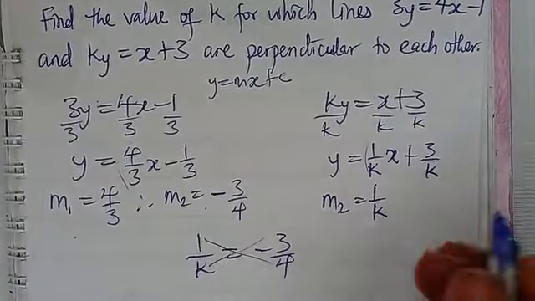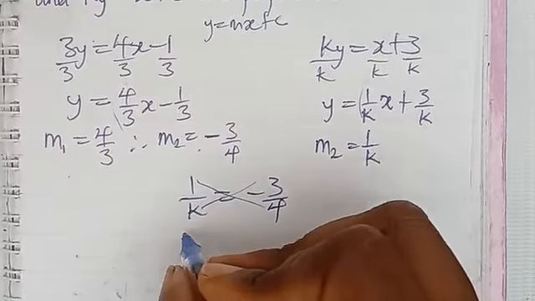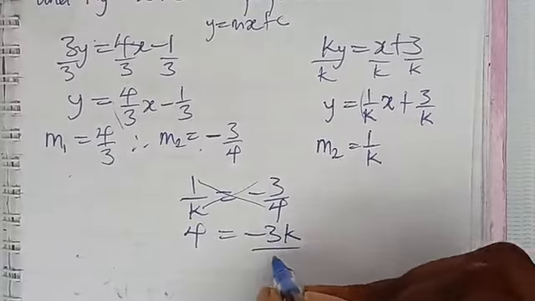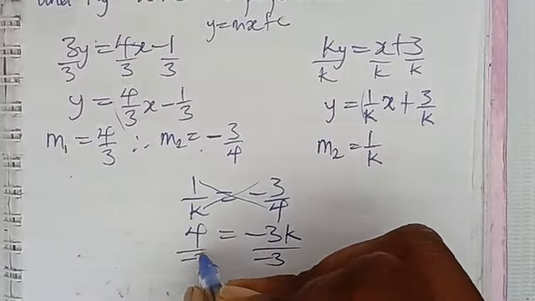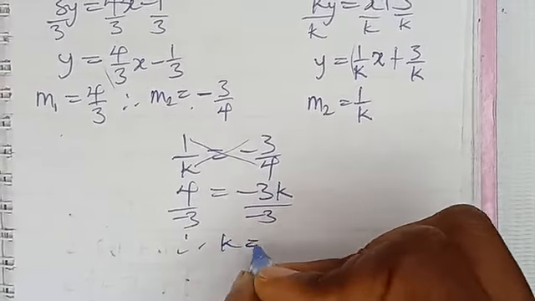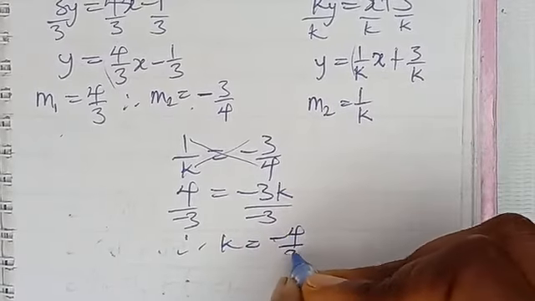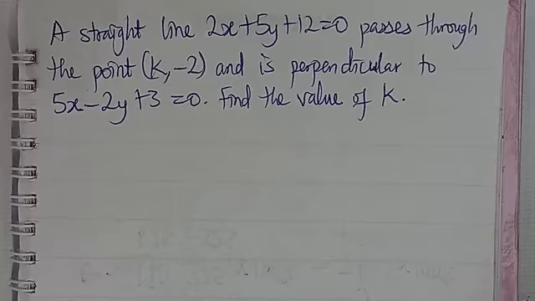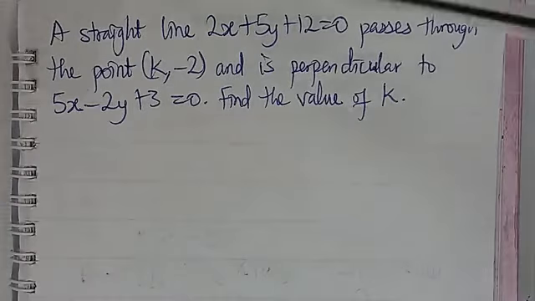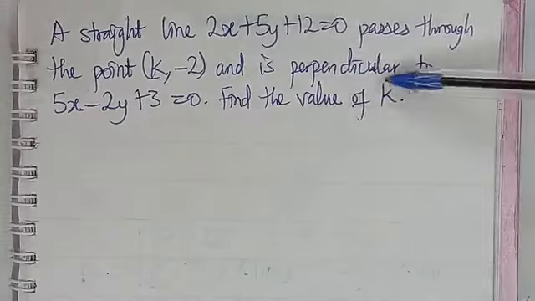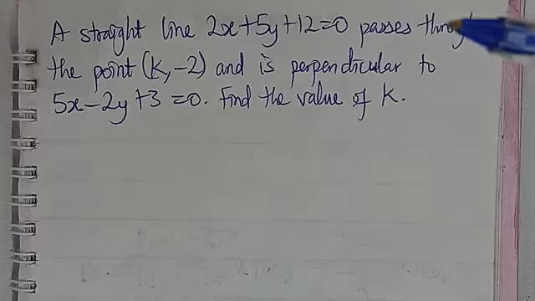We cross multiply. When we do that, we are going to have that 4 is equal to minus 3k. We divide both sides by negative 3. Therefore, k is equal to negative 4 over 3. This is the answer. Now, before we go, let's also have another variety of finding a constant from this using